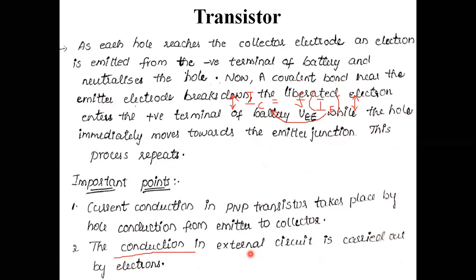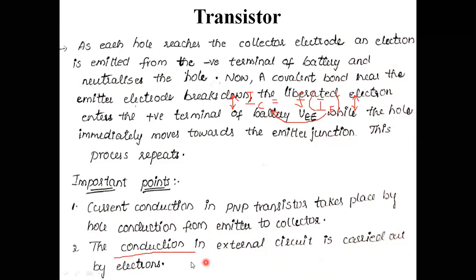Due to the breakage of the covalent bond, the electrons will move towards the negative terminal of the battery to the n type semiconductor material, and holes will transmit to the p type semiconductor material. That process keeps repeating as the voltage levels increase, and the breaking of covalent bonds keeps taking place. Those charge carriers will move from one terminal to the other, that is, towards the emitter side as well as towards the collector side. Here the current conduction is mainly because of holes.